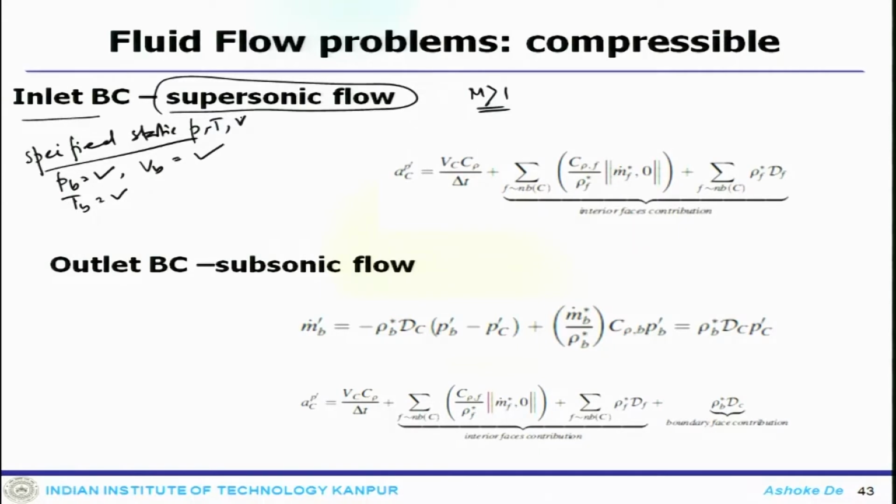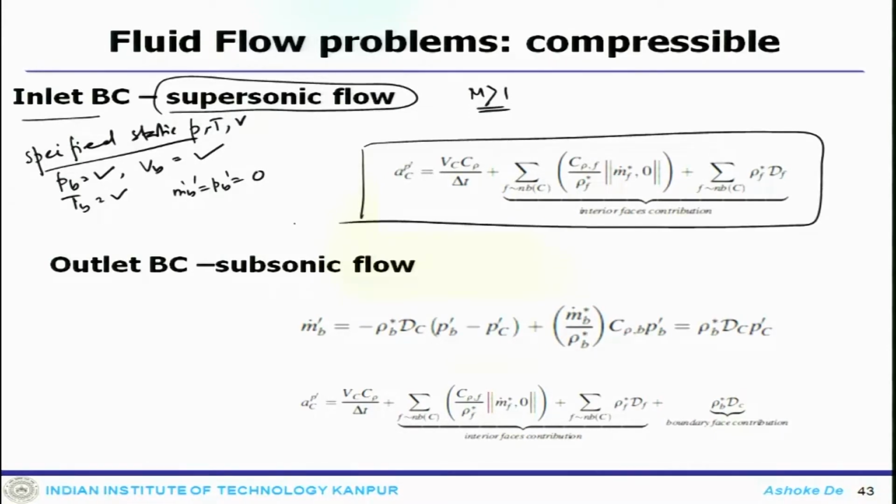So, all three are defined, which is an implied condition like m dot P prime, Pb prime, they will be 0, and the coefficient of the pressure correction equation gets modified like that. So, it will retain the transient term, and there will be an integration over all the interior phases. So, there will be two contributions which will come from this.